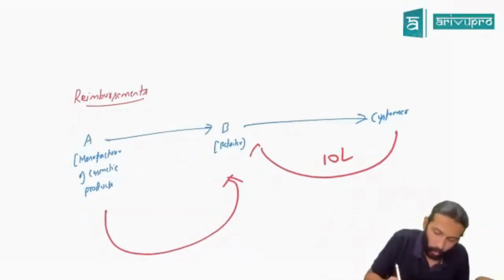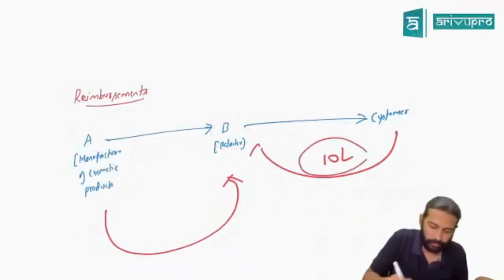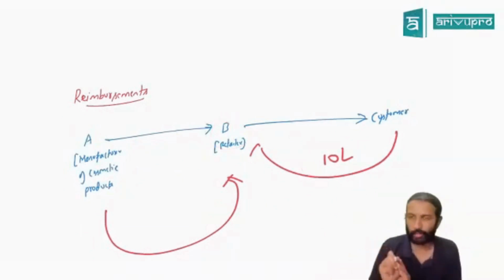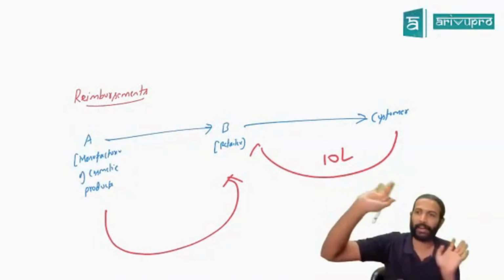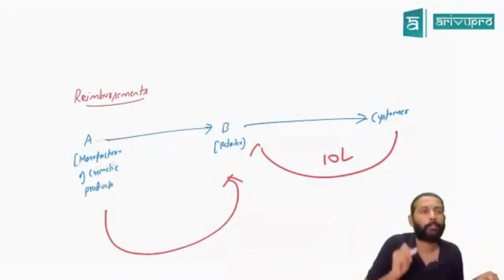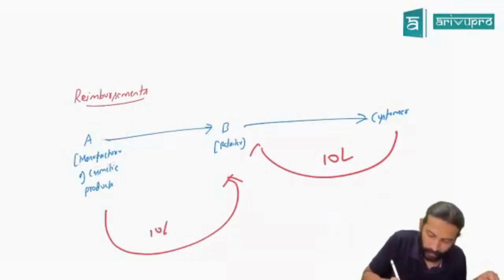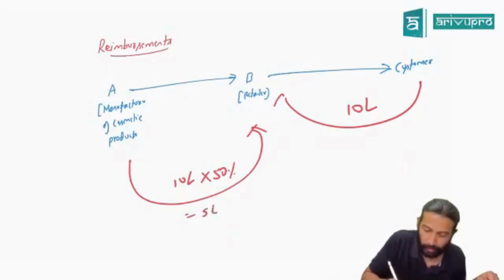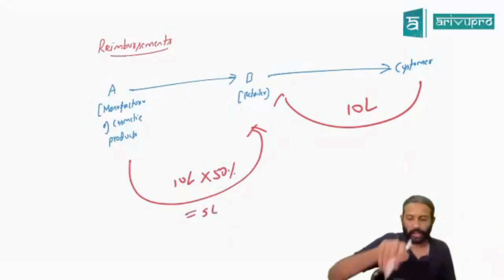Okay. Now, what will B Limited do, sir? They have to pay 10 lakh rupees. Will they pay the entire 10 lakh rupees from their pocket and leave it, or will they get some extra money? Or will they collect anything from A now? 50% of 10 lakh. 10 lakh of 50% is how much? 5 lakh rupees they will collect from A Limited. Yes or no? Because that is what the arrangement is.